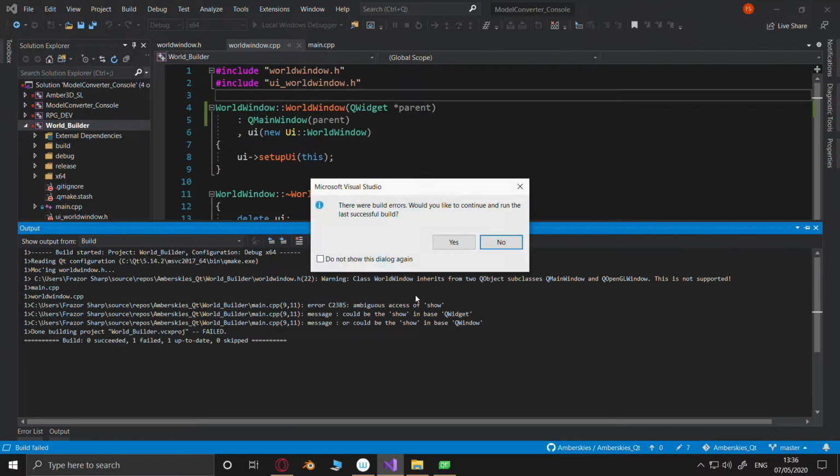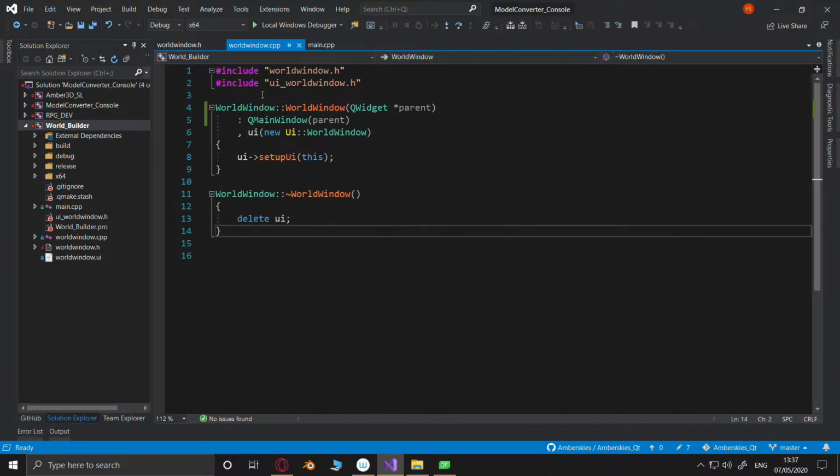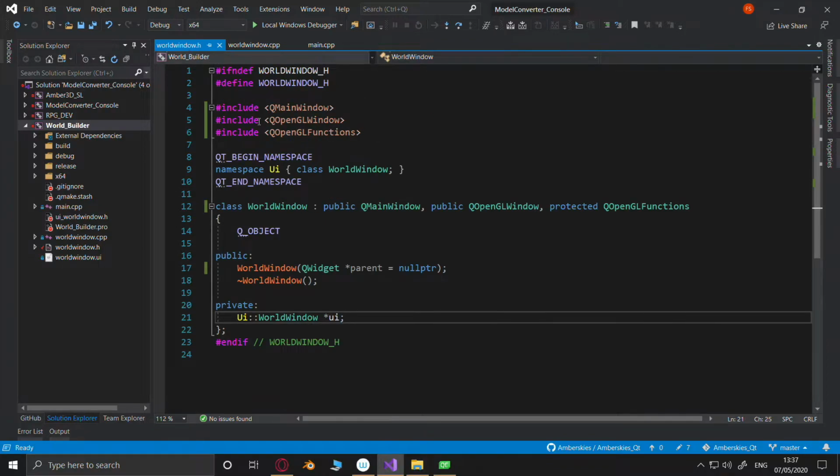Warning, class WorldWindow inherits from 2 QObject subclasses, QMainWindow and QOpenGLWindow. This is not supported. So, it agrees with me. That is absolutely ridiculous.